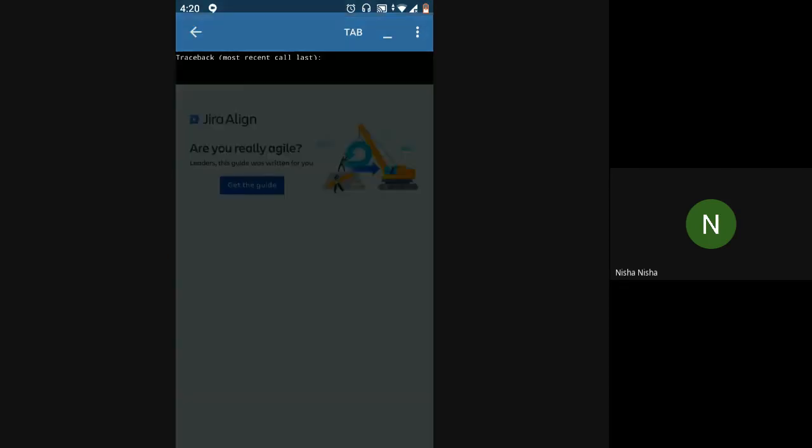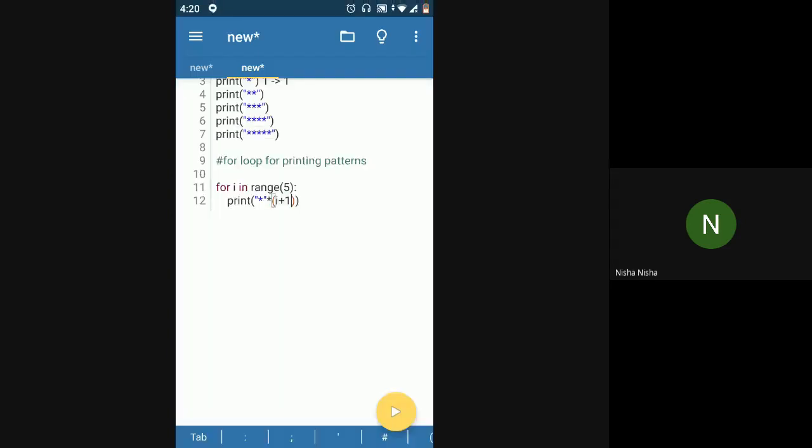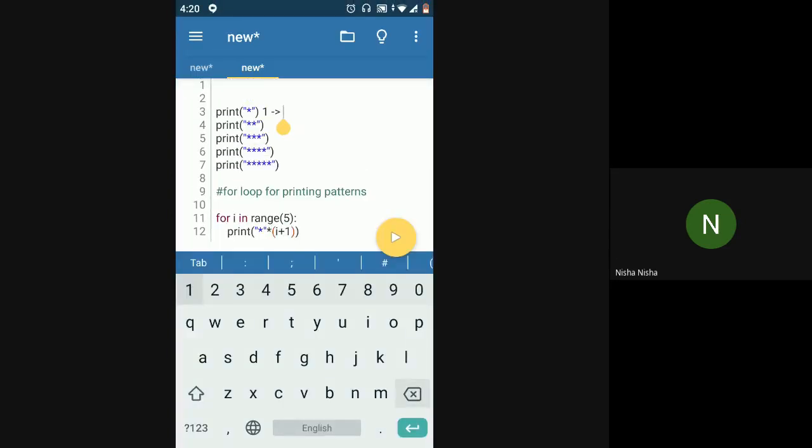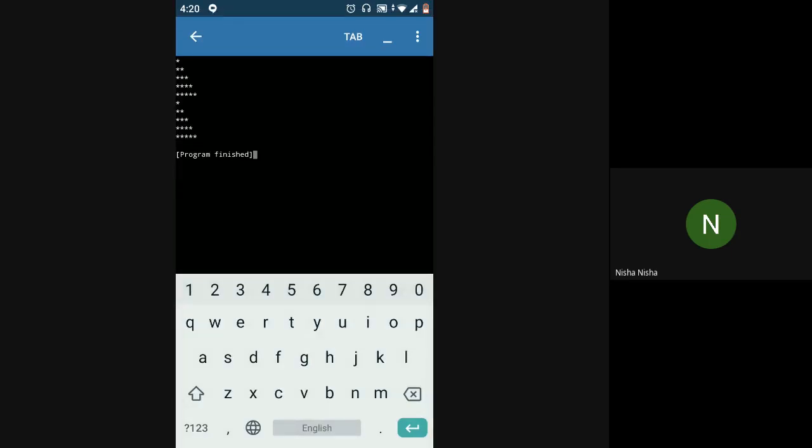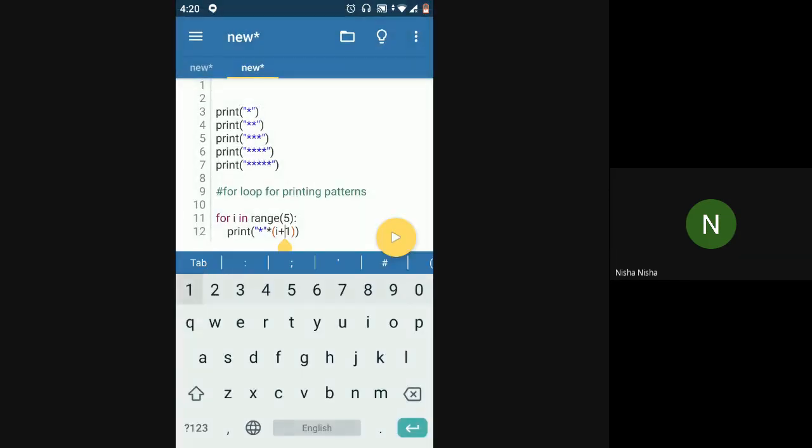So this gets the pattern printed. Here what I did is I just multiplied this star with I plus 1, because at each level I have to print I plus 1 stars. So at iteration I, I will print I plus 1 stars.